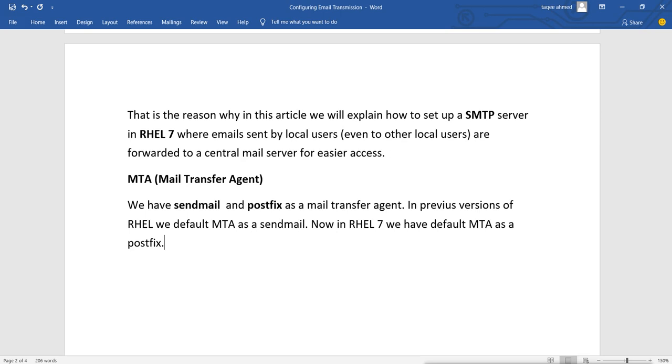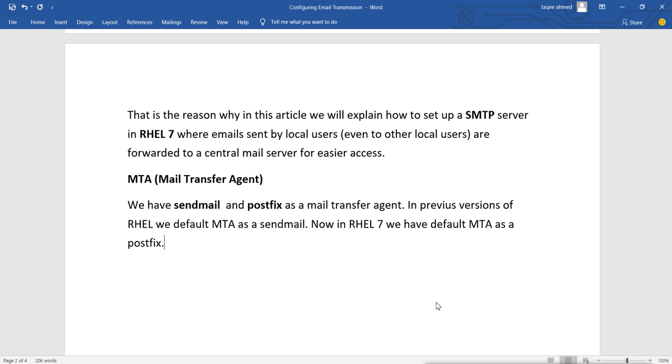But now it installs Postfix as the default MTA. So in RHEL7, the default mail transfer agent we have is Postfix. Postfix is installed and it is running.